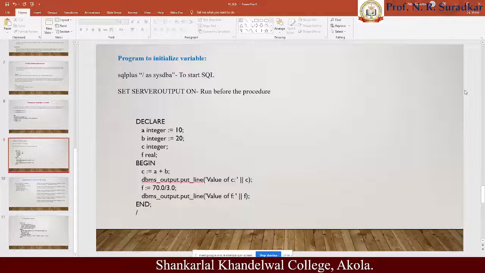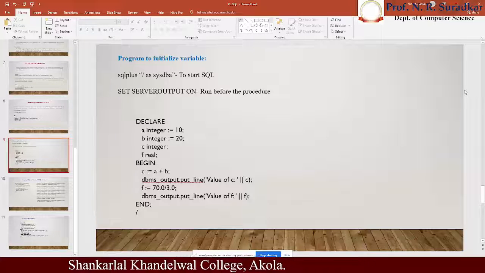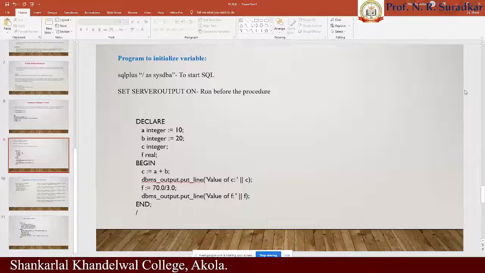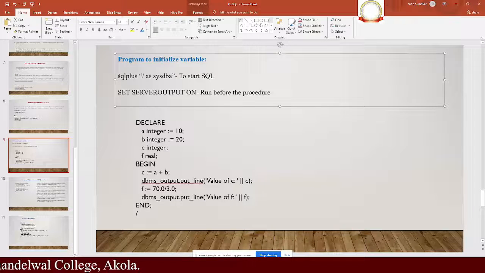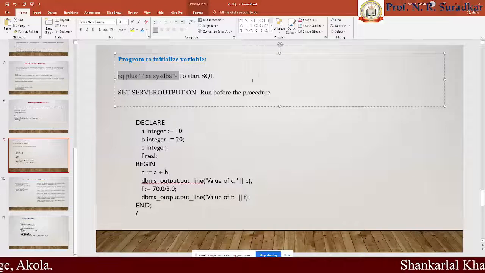To run the program in SQL, we have to install SQL on our PC or laptop, then call SQL, and then set the output there. To call SQL, I use SQL*Plus. This statement is normally used to verify that the SQL we have is installed correctly or not.